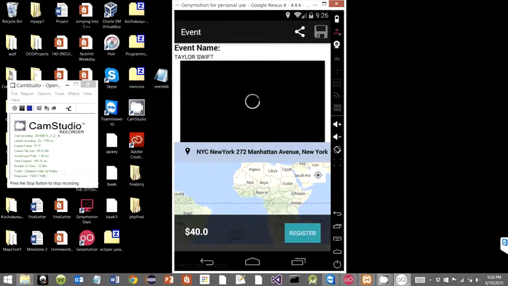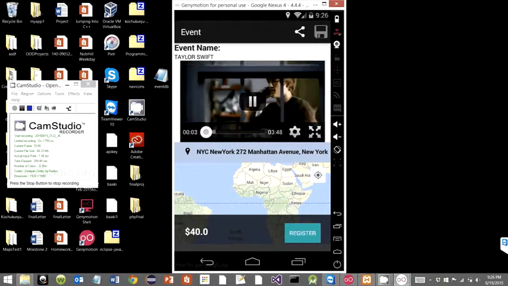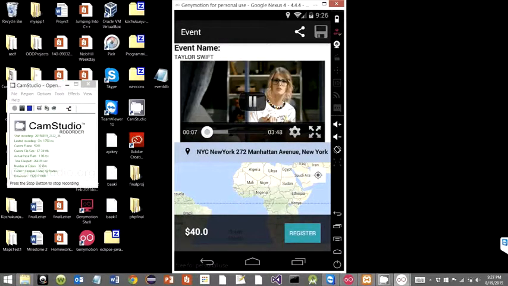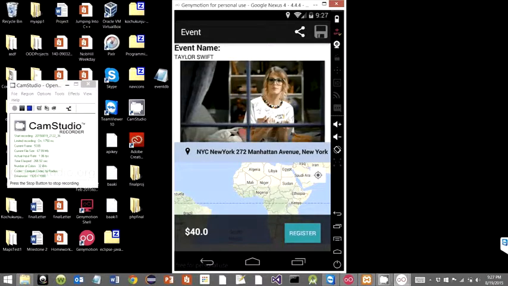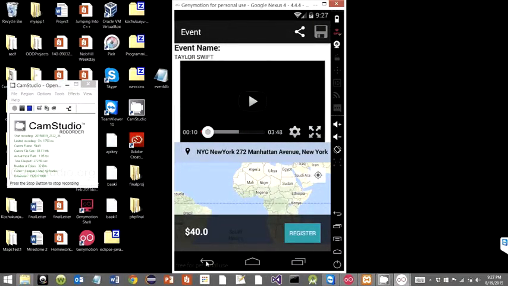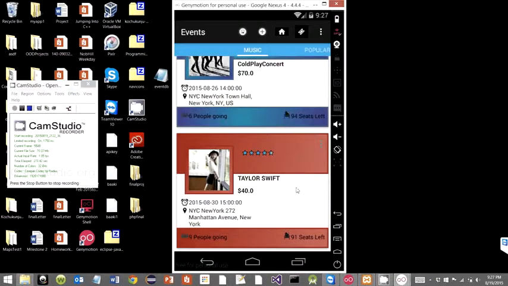When he clicks on that, he could see something like an image posted. So now the video has been integrated, and now here you could see Google Maps.